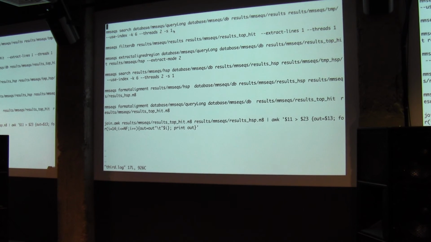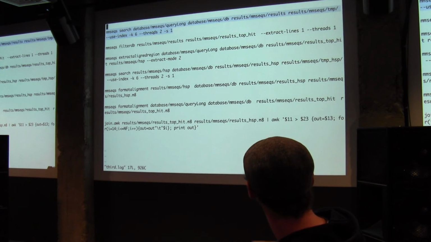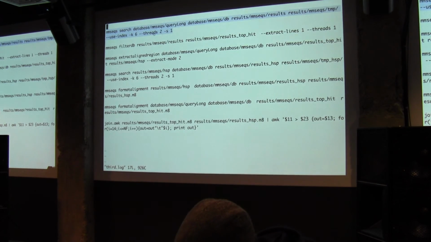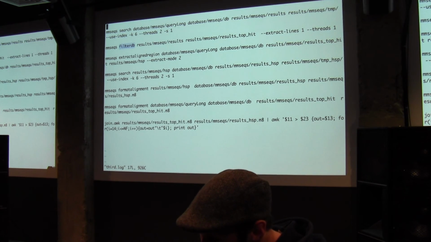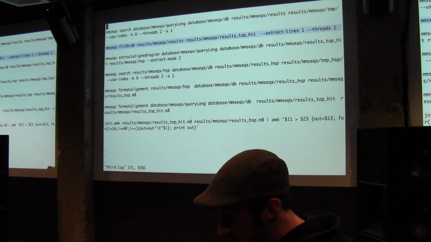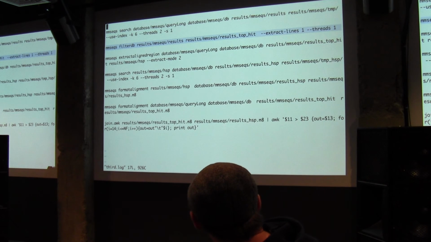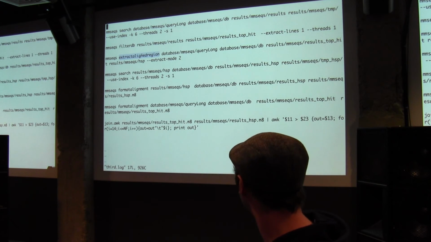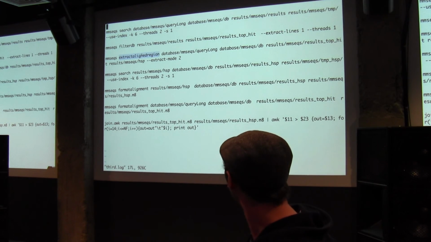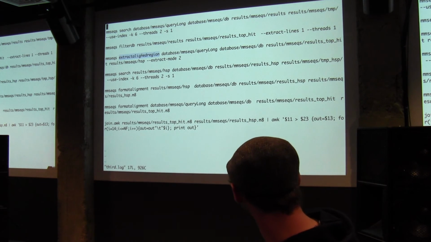You can do this quite simply by first doing the same thing. So the first step is we start to search with these queries against the database. Just run this program and explain the next step. And then you can call one util that we created in MMseqs to filter databases. So we filter the database, the result that we receive from this, and extract always just the top hit, so we get the best hit out of this. So we have a new database called result top hit, and then we have a command which can extract the aligned region. So we are able to extract this domain we are interested in.